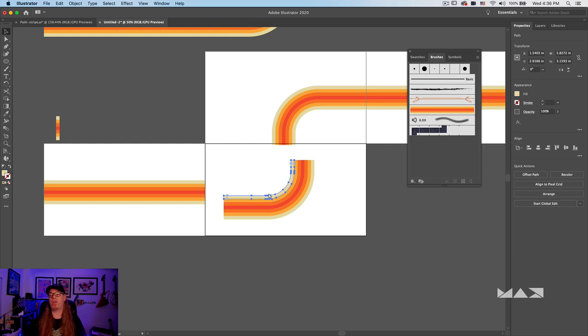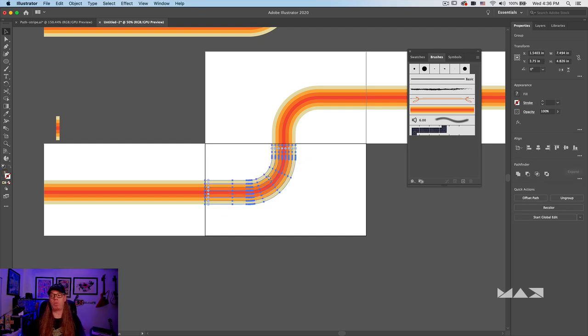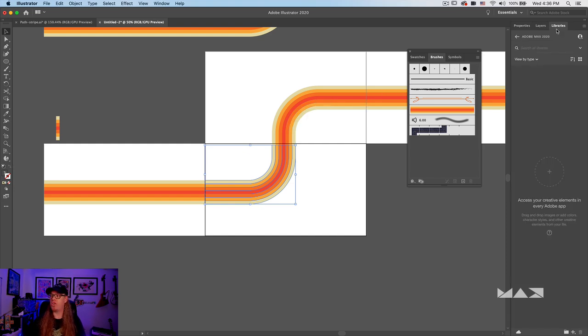That's the reason we wanted to stretch that shape along the brush rather than use a pattern brush which repeats. If we'd expanded this when we used the pattern brush, we would have got hundreds and hundreds of little squares that were repeating, but this allows us to have one fluid object at this point. From here, you would export this to an SVG, or if you had to share with a team member, come over to your libraries area in Adobe Illustrator, and you could grab any of these objects.